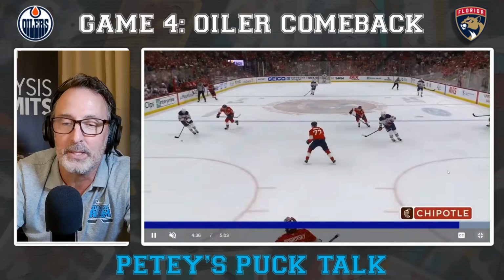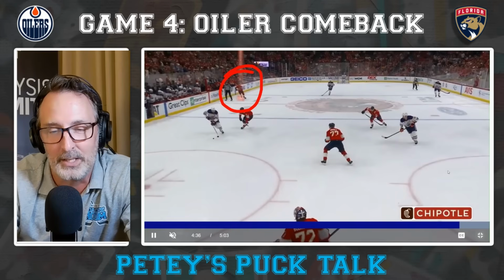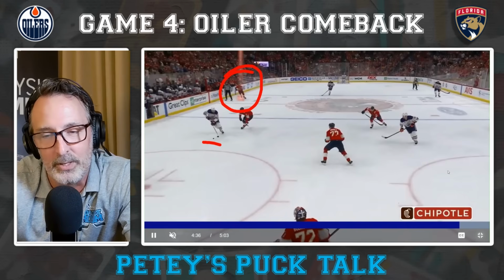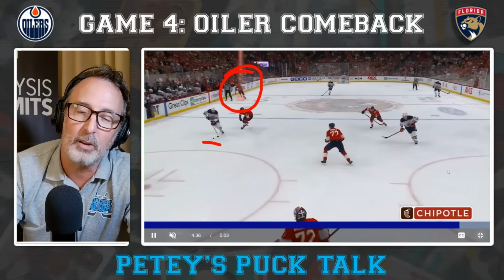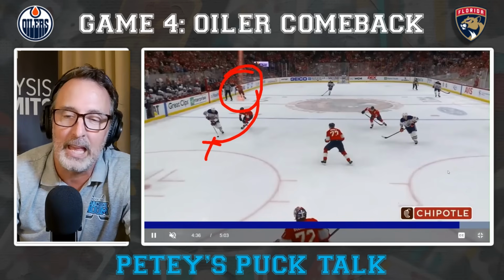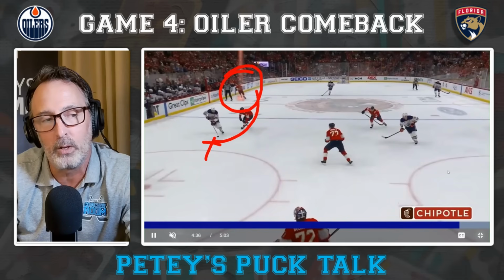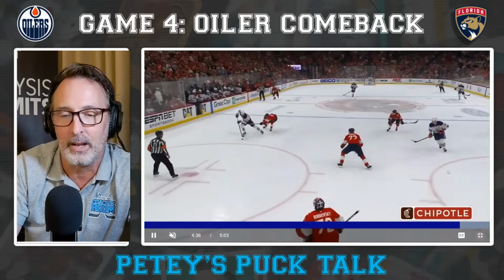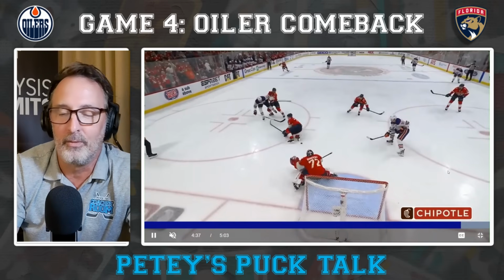And when we look at it from this angle, wanted to show you this. Finally, the second player jumped on the ice. The puck is already at the top of the circle. Finally, they recognized they only had 4 players on the ice and jumped on. Now, does it make a difference? Probably not, because he's not going to be ahead of Draisaitl anyway. So I just want to point out that he's late on their change. You got to be prepared when you're making changes along the bench, and you got to be in the right position. But here is Draisaitl trying to get this puck across one-handed as he fights off Greer off of Mikkola's